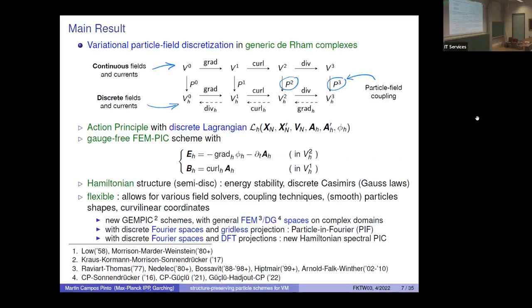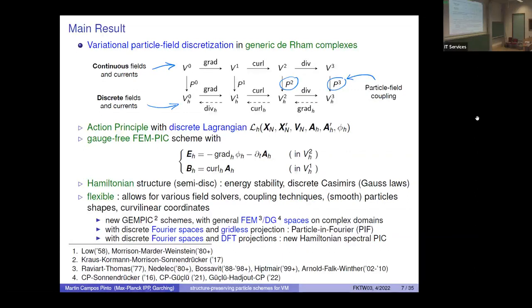Okay, so this de Rham diagram, this commuting diagram, what you have here is essentially two rows of functional spaces. The first row essentially describes the exact, continuous, infinite dimensional fields and sources. And on the bottom row, you have the finite element fields, so the discrete spaces,